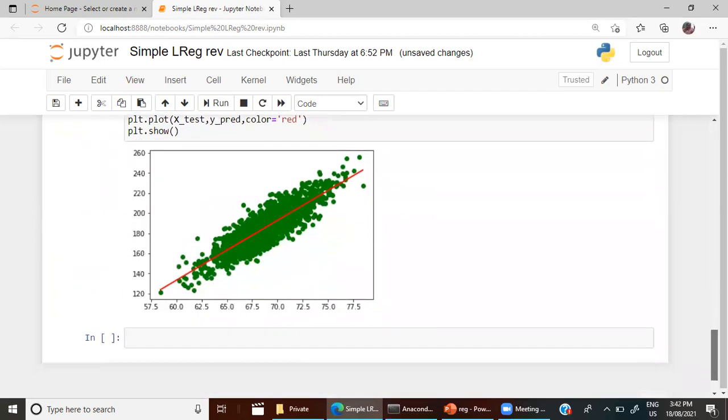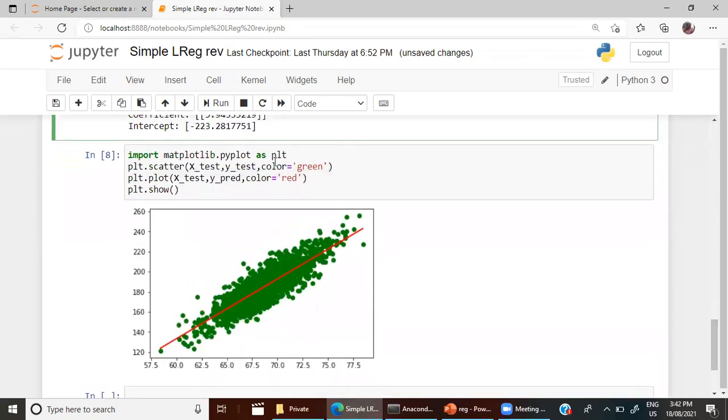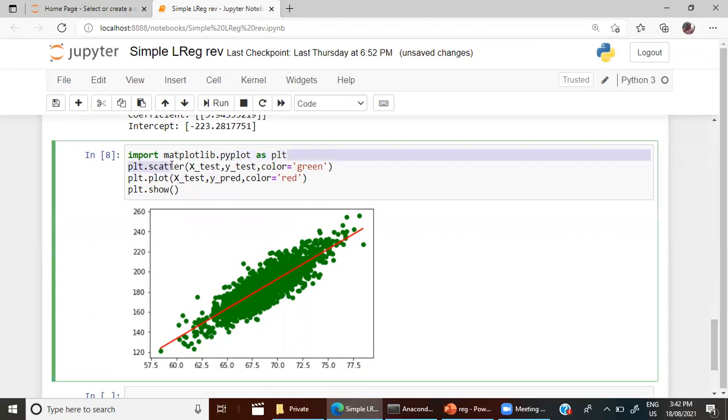Let me take you through a graph that could be drawn using import matplotlib.pyplot as plt. So this is the code to draw a plot. plt.scatter. This plt comes from matplotlib.pyplot, so plt is a short form for this.